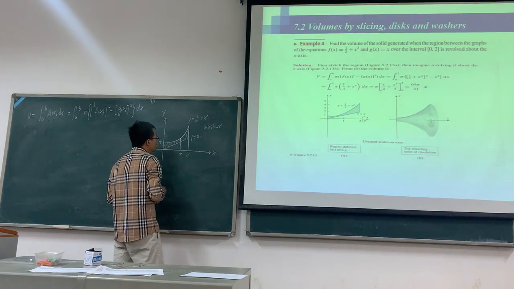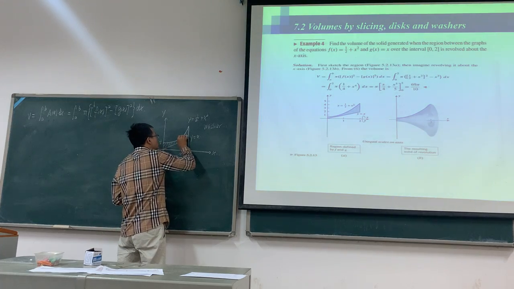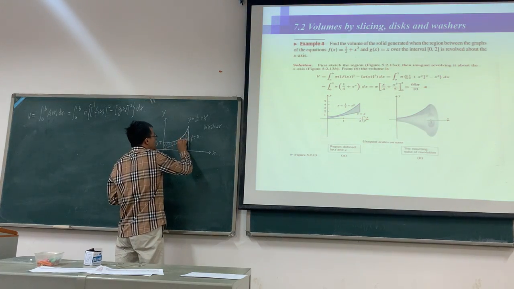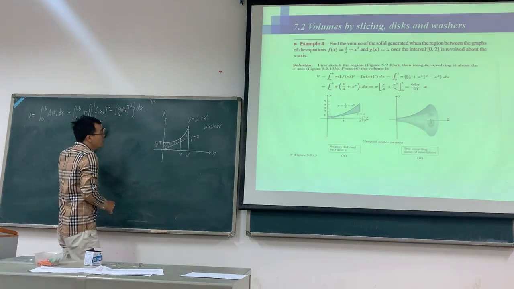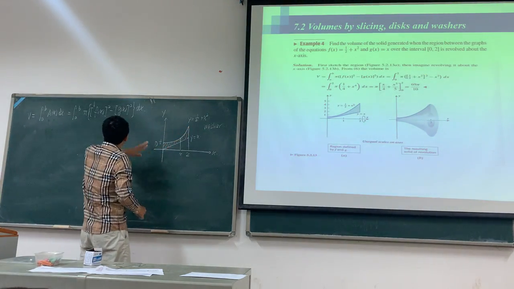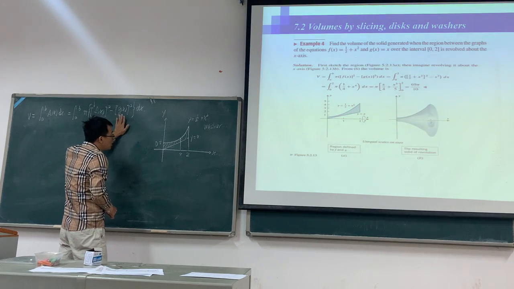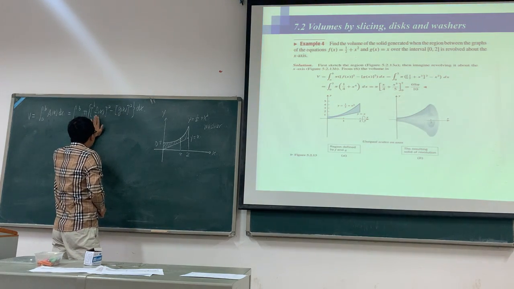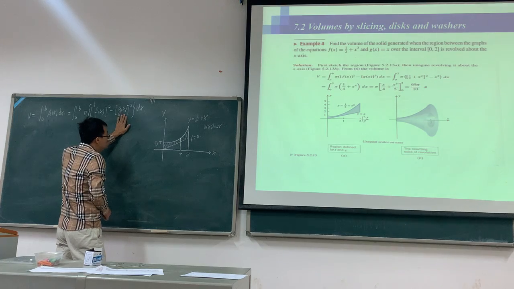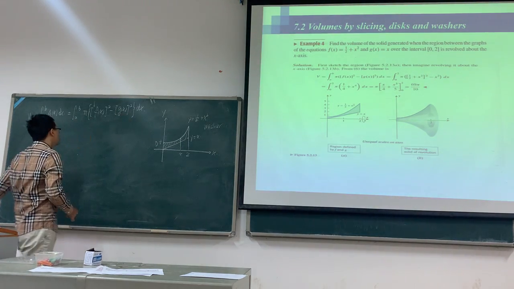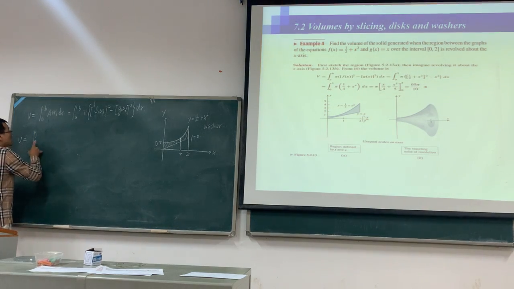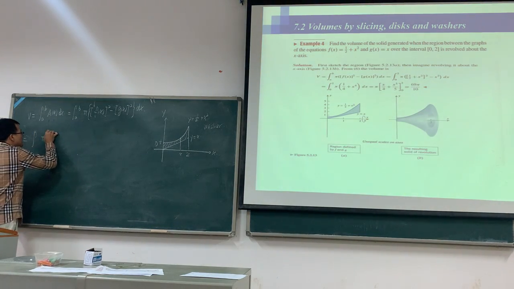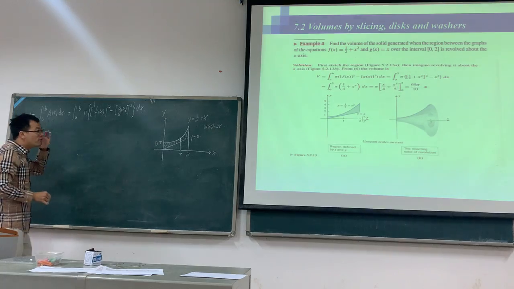Here is x. So this function squared minus this function squared. The upper function is f(x) and the lower function is g(x). So the volume equals the definite integral of pi times the upper function squared